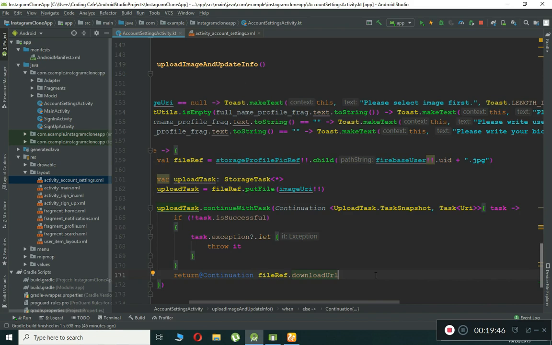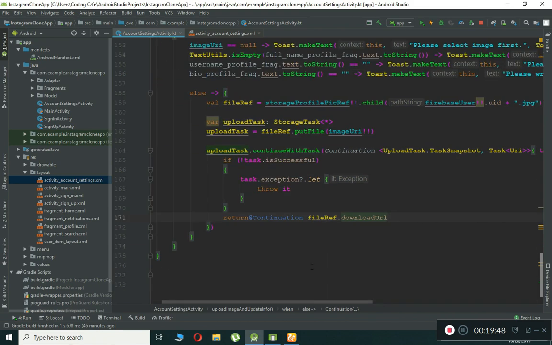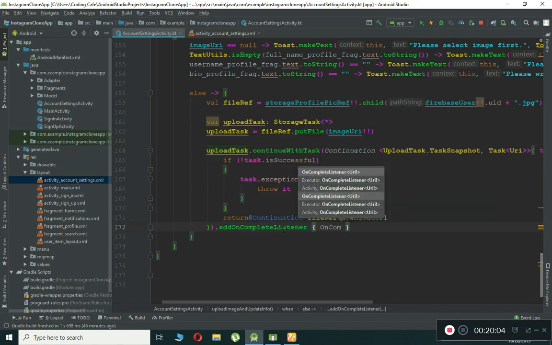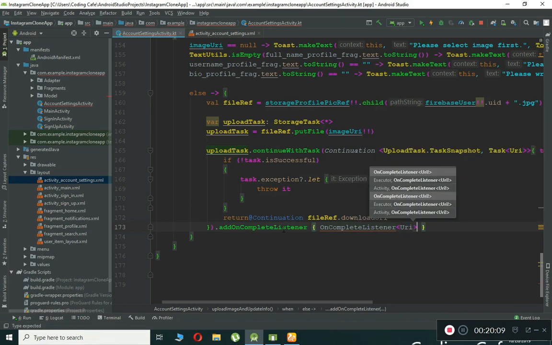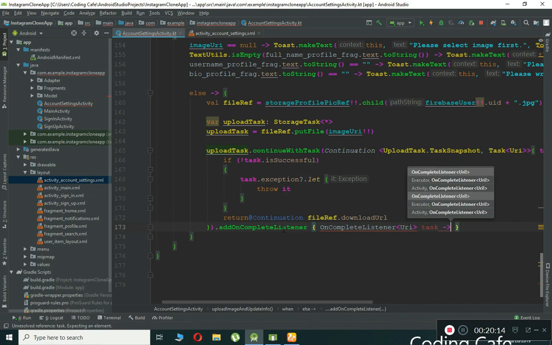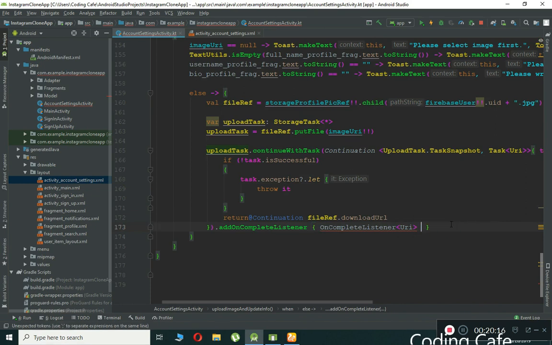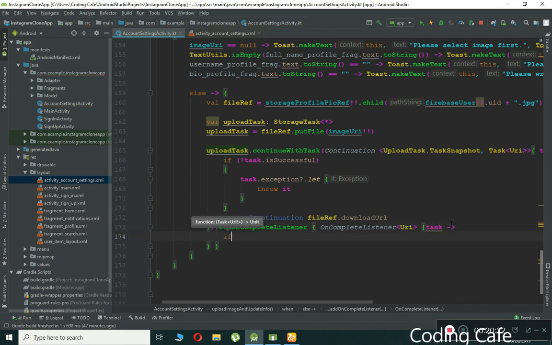Anyways, after that, if everything is successfully completed, then let's store this in a variable, and then we can store it inside the Firebase real-time database. So here we can say add on complete listener, URI task. Okay, sorry, cut this. We have these curly braces again, and then here we can say if task dot is successful,